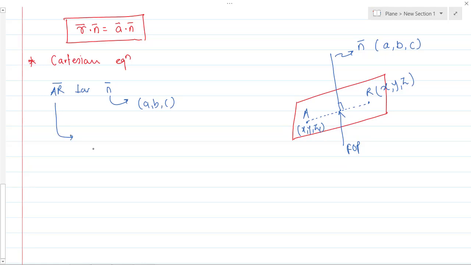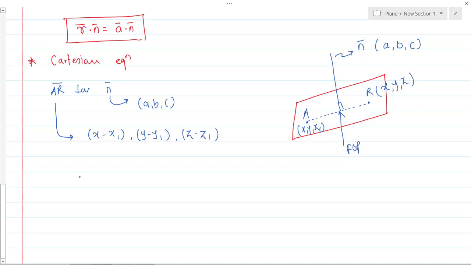Yes, of course, we have seen how to get the direction ratios of the line passing through the 2 points, which is nothing but x minus x1 comma y minus y1 comma z minus z1. So this is nothing but the direction ratio of AR bar, and this is the direction ratio of n bar. Now can you give me the relation between these n bar and AR bar's direction ratios? Perfect, that's really great. Whenever two vectors are perpendicular to each other, then the summation of the multiplication of the direction ratios of the two vectors is equal to 0.